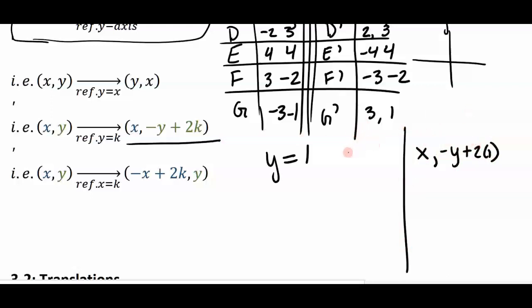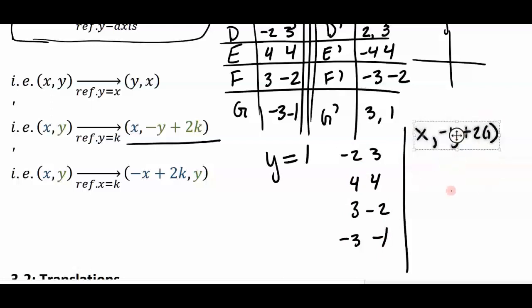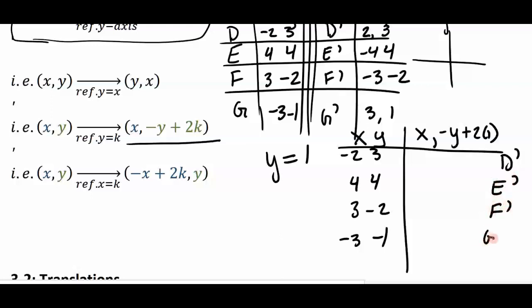So my original points were -2, 3, 4, 4, 3, -2, -3, -1. Move this up a little. There we go. This was my original xy. And my D prime, E prime, F prime, and G prime. My x's stay the same. Let's just list those all down. 4, 3, -3. And for my y's, I'm going to change the sign of y and then add 2 times